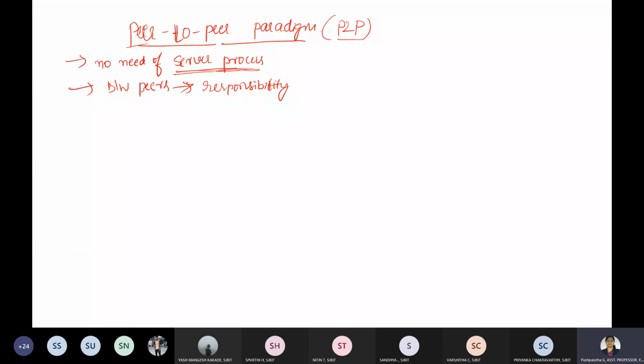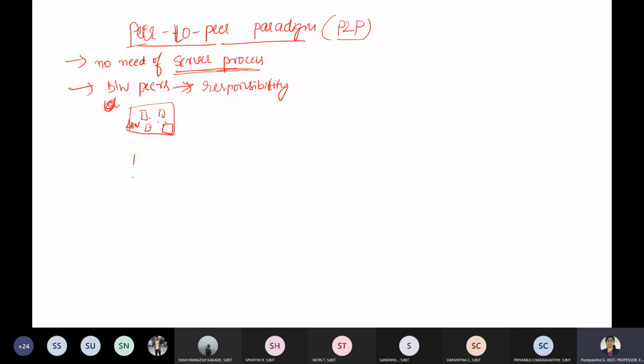An example of a peer-to-peer, I can show you in the same way as we had a client. We don't have a client concept here, so let me call these other devices, which are connected to a LAN.